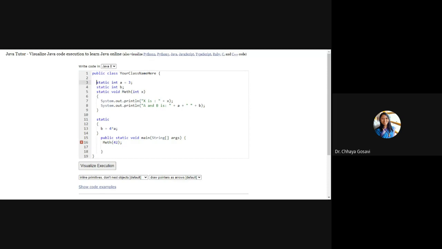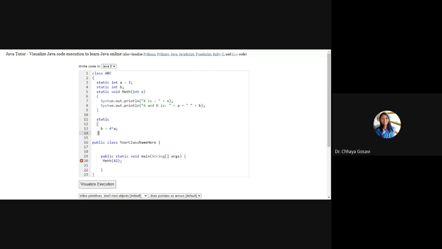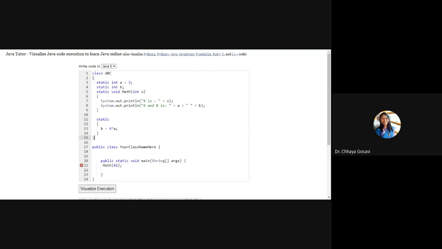If this part is in another class and main is in another class, then to call this function math, there is no need to create an object. Using the class name, you can call this function math.